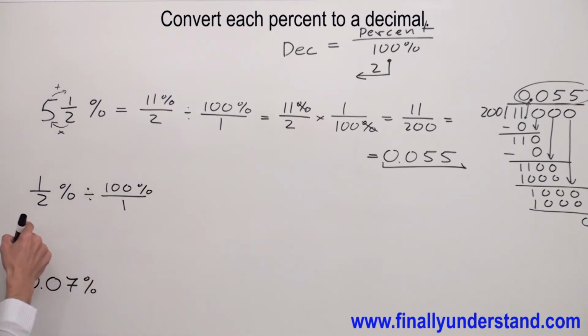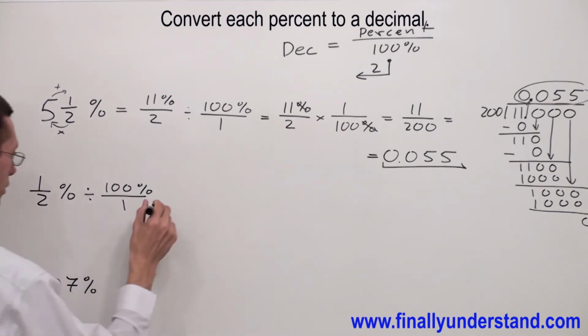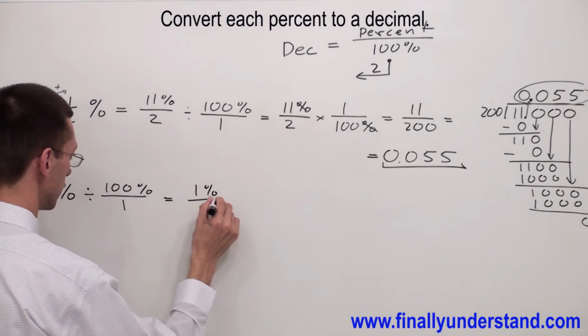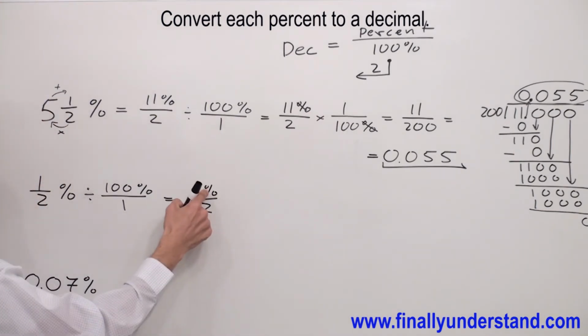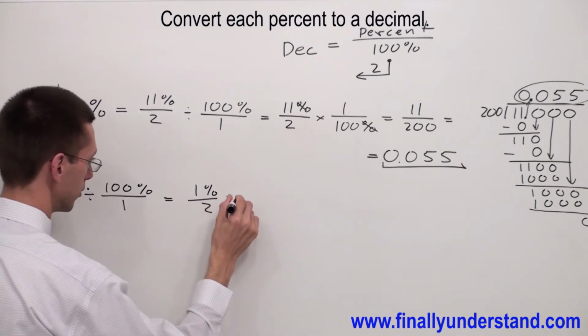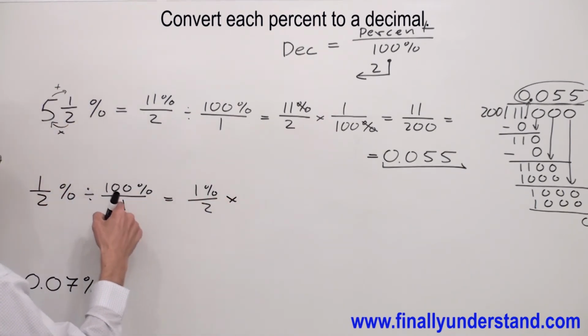Remember, anytime we divide fractions, we have to copy the first fraction down. Remember, percent will go to the numerator. Division, we have to change to the multiplication, and we have to find the reciprocal of the second fraction,